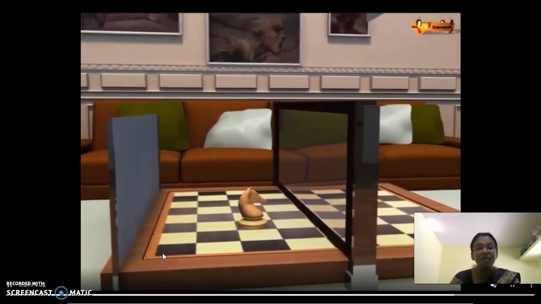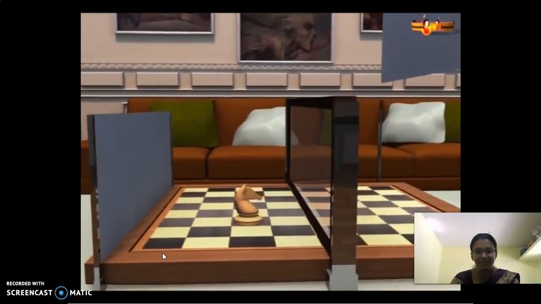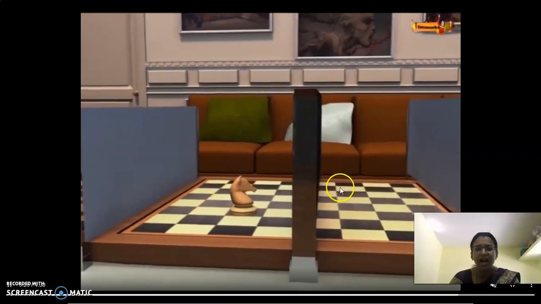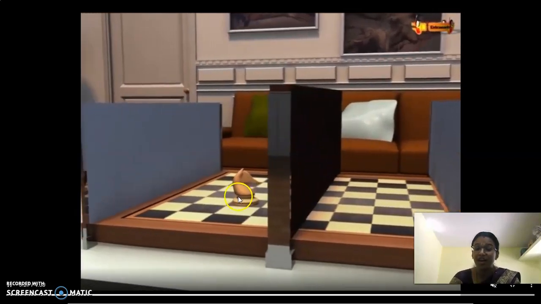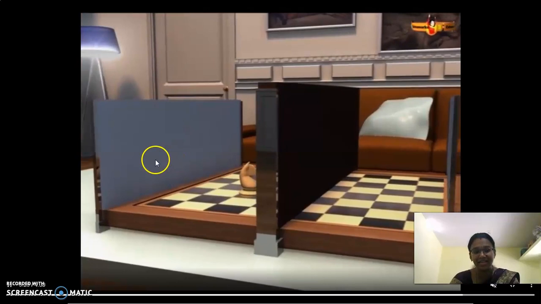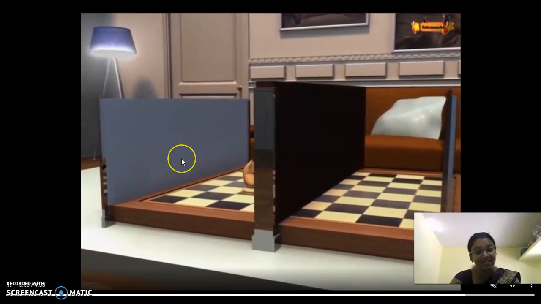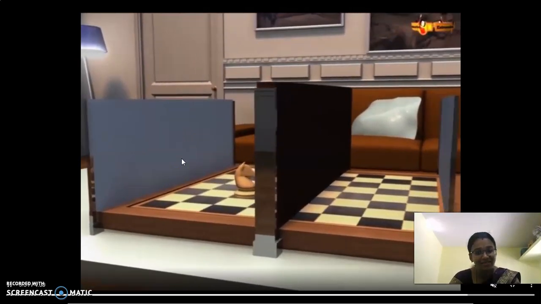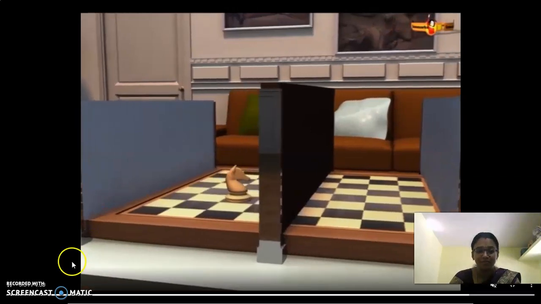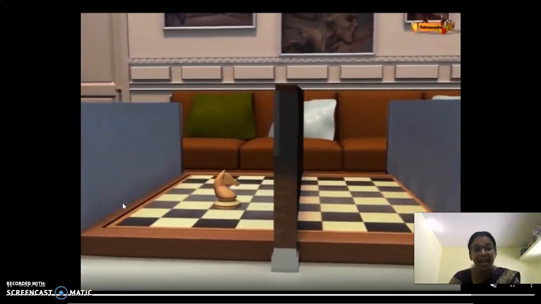And here now we are going to place a screen. If we are able to see this image on the screen, no. So in a plane mirror we are not able to